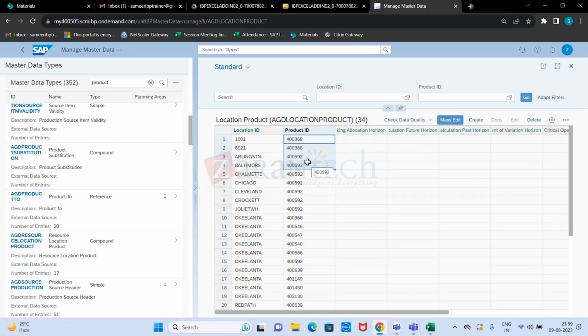Okay, so you enter the data in numerics, but it may happen that by mistake, for some of the product IDs, you might have added some alphanumeric code. So by error, for example, 400368, and after that you have added A. So this check quality helps us to check such issues, and then it will pop up those mistakes in the data sets,